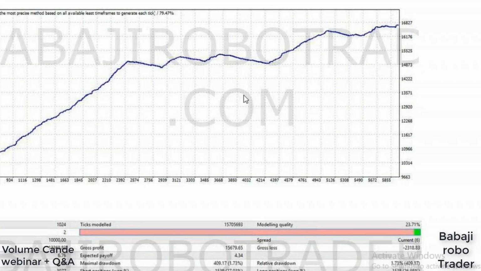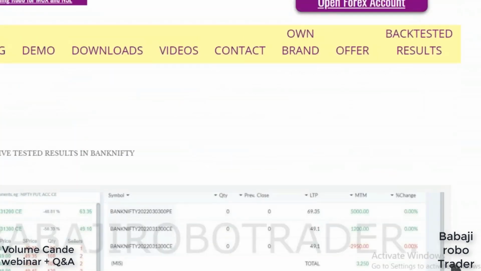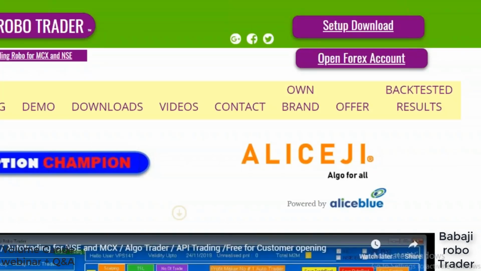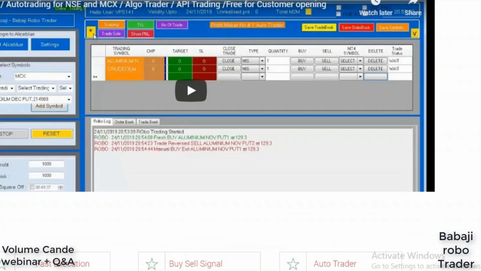Do we need to select everything? In the morning we have to start the MT4, start the robo, and select the symbol. On the home page we have given a complete video on how to start the robo. It takes about 5 minutes, and everybody can have a go. This is for Windows, not a mobile version, but we can see it on mobile through a VPS, the cloud system. With that we can see the trades.